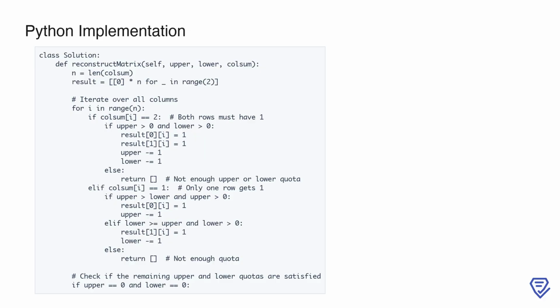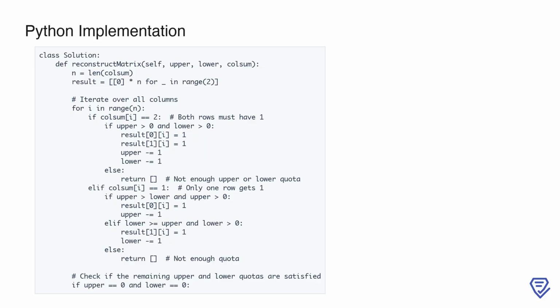If the column sum is 1, only one row gets a 1. Here, we prioritize the row with the higher remaining quota. If upper is greater than lower and positive, we assign the 1 to the first row and decrement upper. Otherwise, if lower is greater than or equal to upper and positive, we assign the 1 to the second row and decrement lower. If neither condition is met, meaning we lack sufficient quota, we return an empty list to indicate that